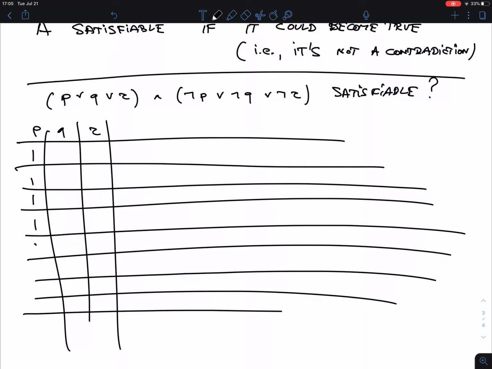1, 1, 1, 1, 0, 0, 0, 0, 1, 1, 0, 0, 1, 1, 0, 0, 1, 0, 1, 0,